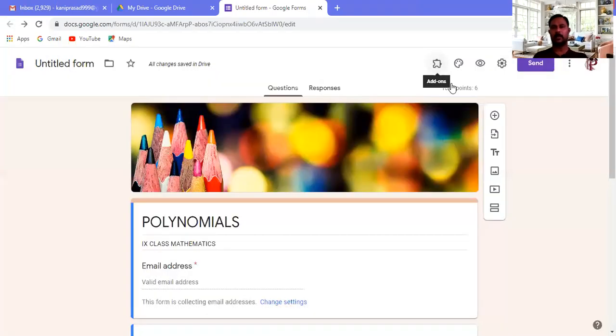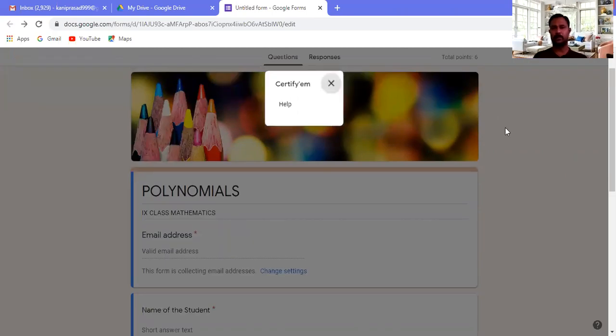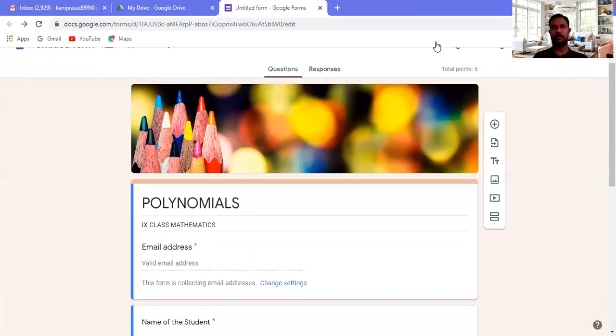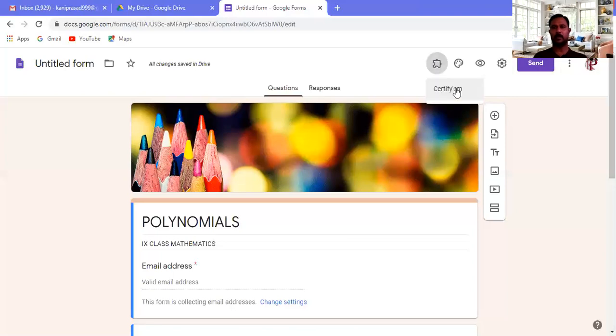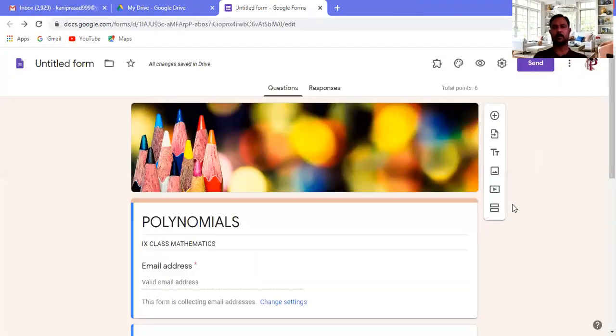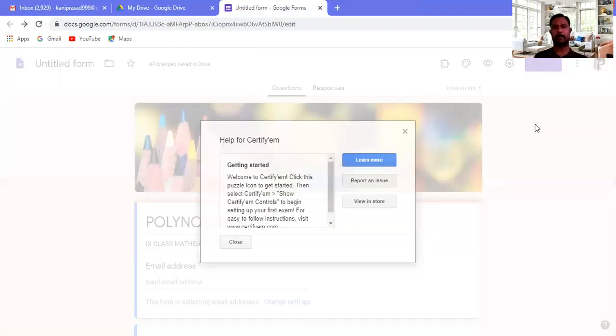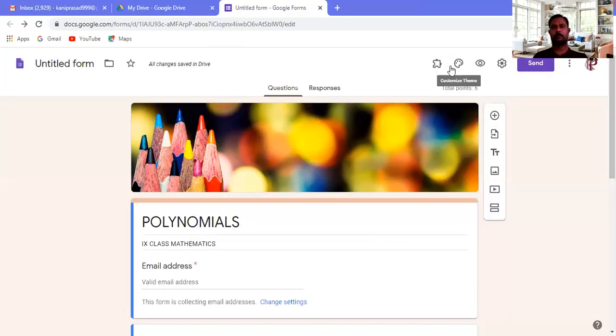Click on that Certify'em. The connection is too slow. That's why it's not opening actually. Otherwise, it will open at once. It should open, yeah.